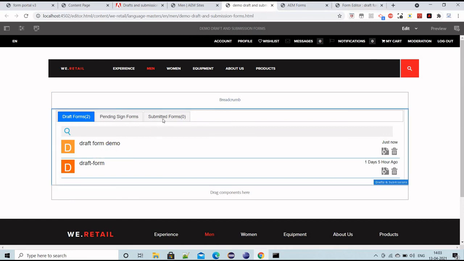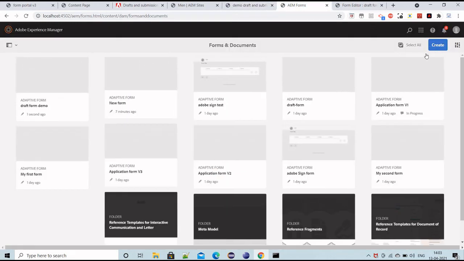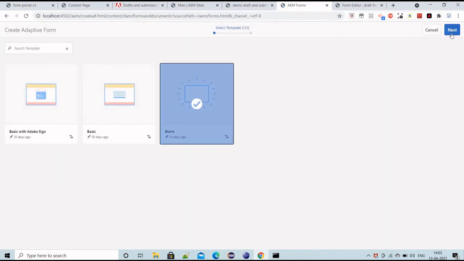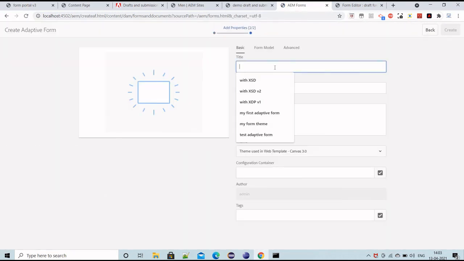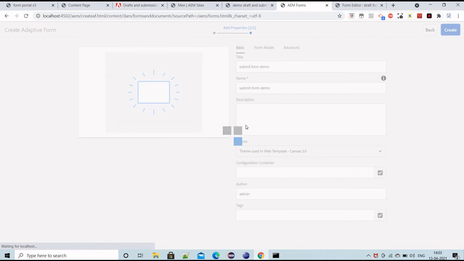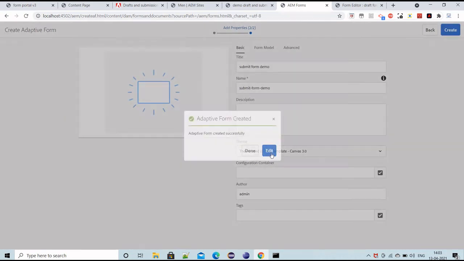Now let's see in which case it will come to submitted forms. Again I will go to the AEM forms section, where I will create a new adaptive form, select the blank template, and this time I will name it submit form demo, and let's edit it.